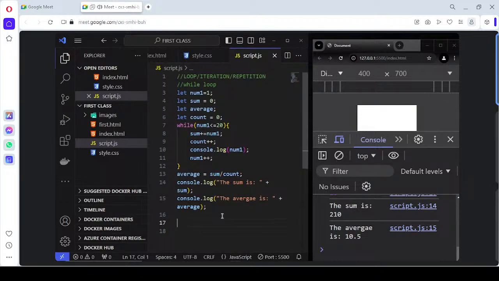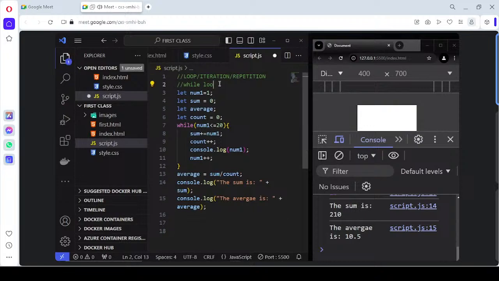So understanding how to use the while loop effectively can greatly enhance your ability to handle situations where the exact number of iterations is unknown. As you practice and apply this concept, you will find that the while loop is an invaluable tool in your programming arsenal. So let's now